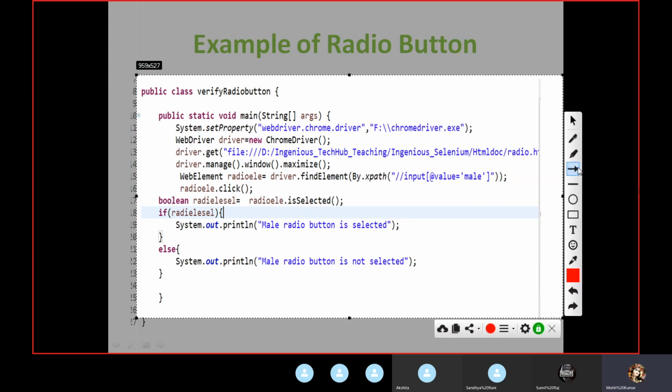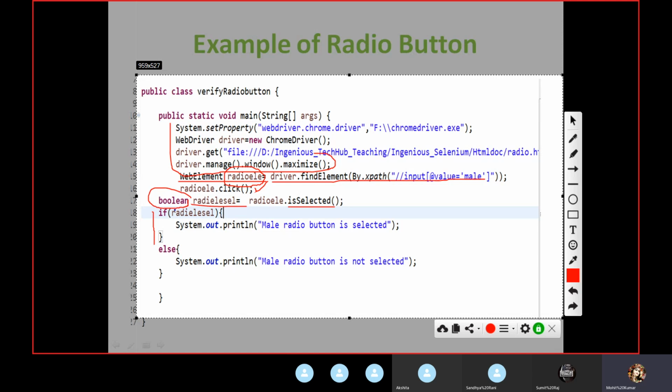If you have this radio button, how do you find it? I have shown you in the HTML tag; these are all the same things, we are not doing anything new. Here you find the element for the radio button and return it as a WebElement type. Inside this WebElement, we have a click method, and we will click on that. Inside the WebElement interface, we also have a method called isSelected, which returns a boolean type.